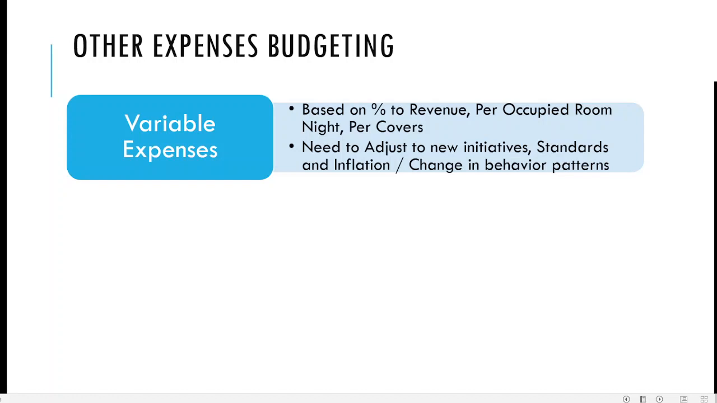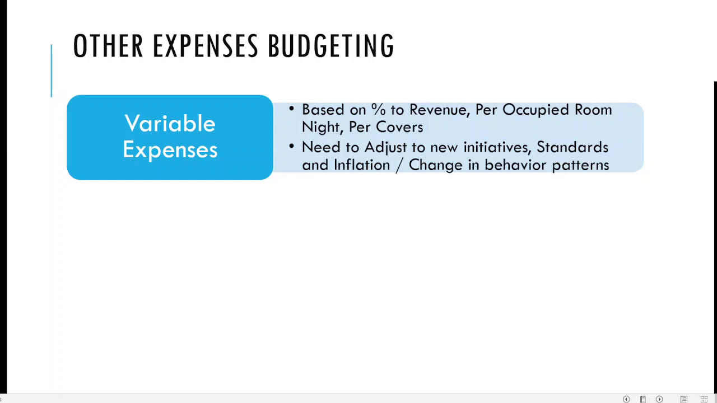So the first job that we have to do here is, again, as a general practice, we look at the past trends. We establish the relationship between the expenses and the volume of the business. How is it related? What is the pattern? Is it going to increase based on the increase in the covers, or increase in the business, or how is it going to impact? And then we also need to adjust this by the changes in the behavior pattern of customers,